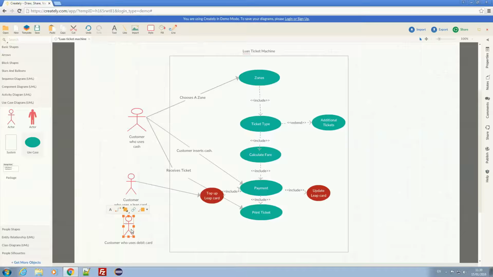So a debit card user can have either a leap card, or go through the zone method. So I'm going to stick one in there and there, because, well, actually I shouldn't even